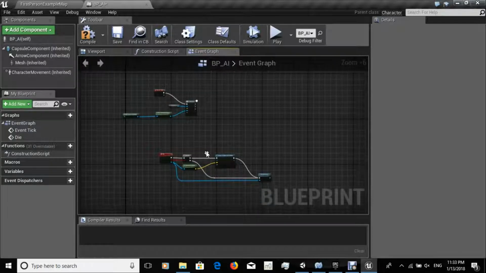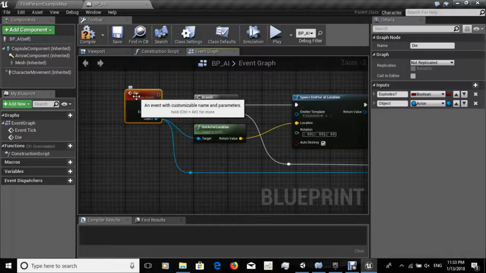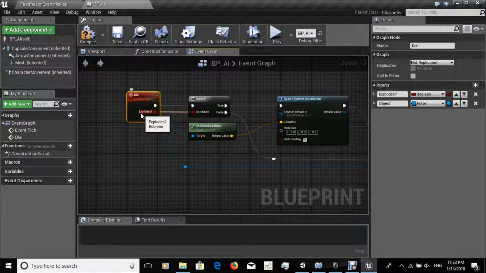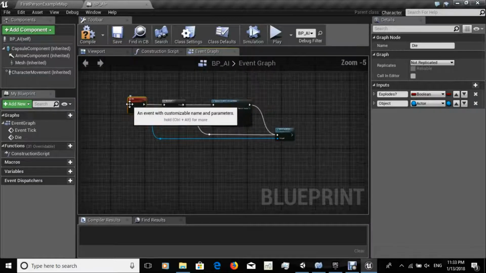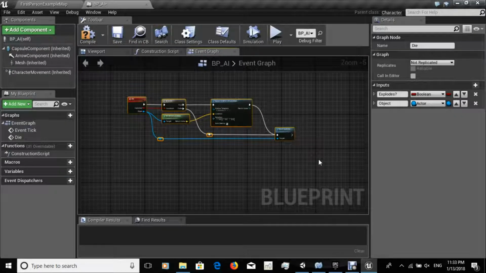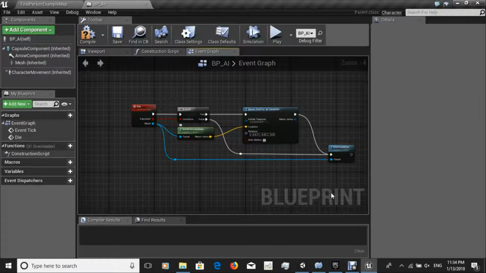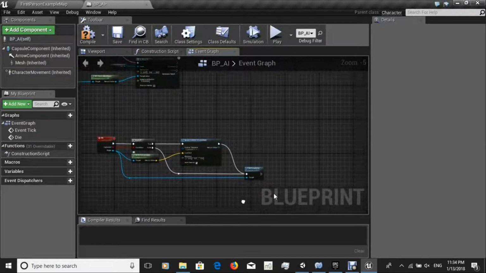So now we need to actually call this event. When you call an event, you start it. This event tells us what should happen when something dies, it doesn't actually tell us when something dies. So here's what we're going to do. First thing we're going to do,